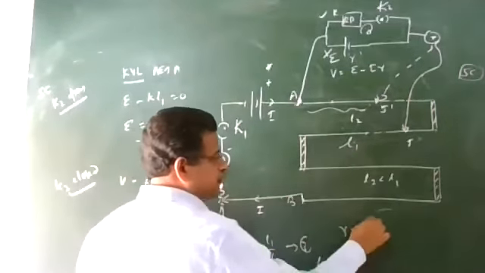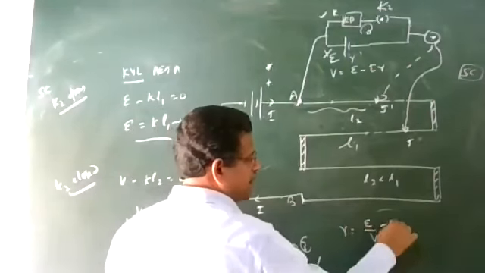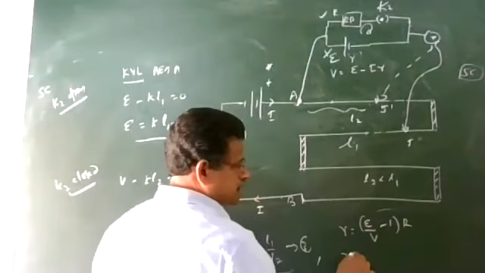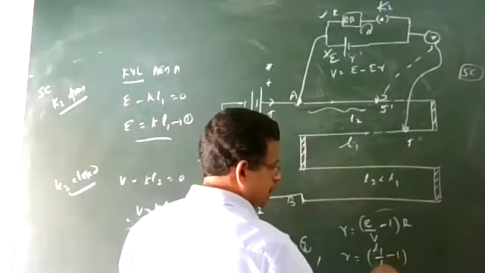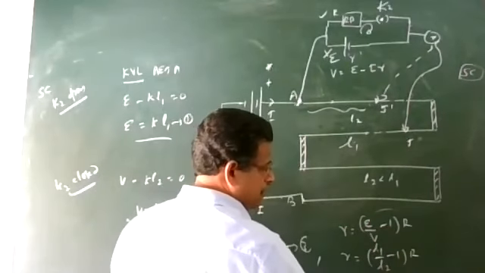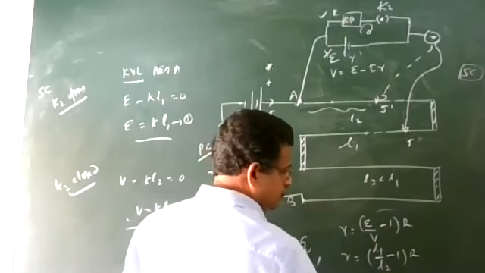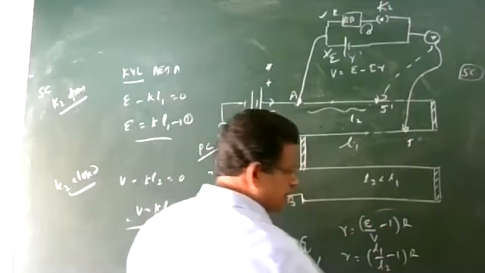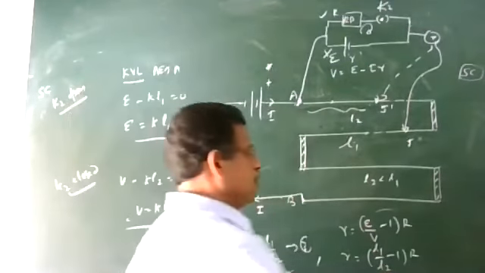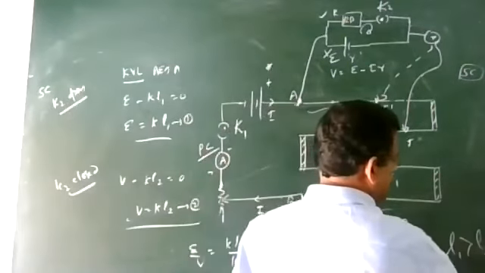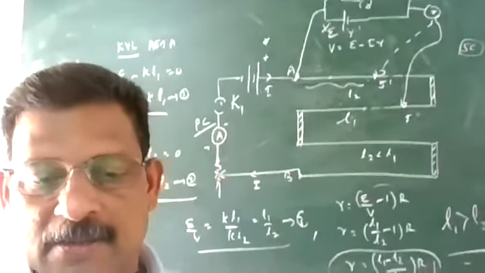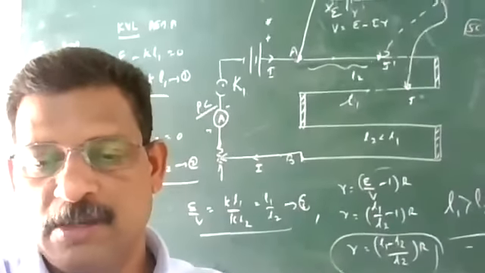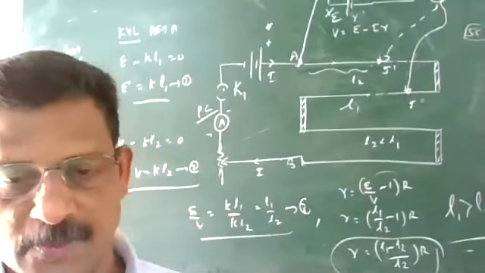For internal resistance, we have been given the equation r equals (E by V minus 1) into R. You can substitute the value of E by V from here: r equals (L1 by L2 minus 1) into R, so r equals (L1 minus L2) by L2, into R. So this is the equation for internal resistance. And remember, L1 is greater than L2. The balancing length for EMF is greater than that for potential difference, because EMF is greater than potential difference.